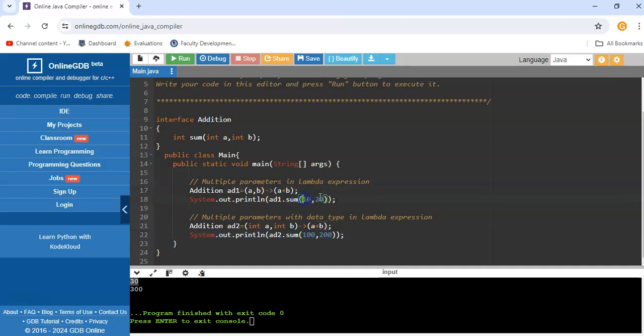The values 10 and 20 will be passed to the method arguments, and this lambda expression is written on the right hand side of the arrow token. The method body is defined here. What the sum method is going to do is the sum of a and b. That is what we have simply defined here.